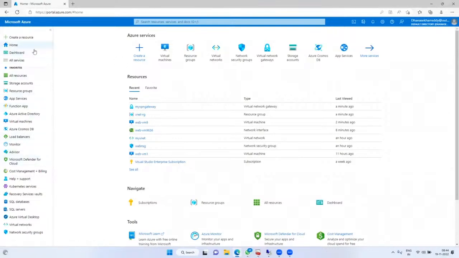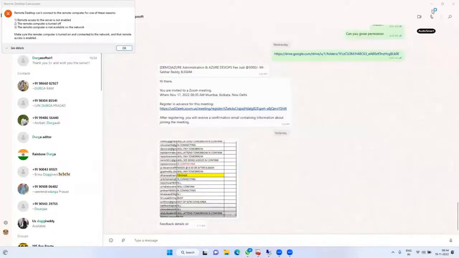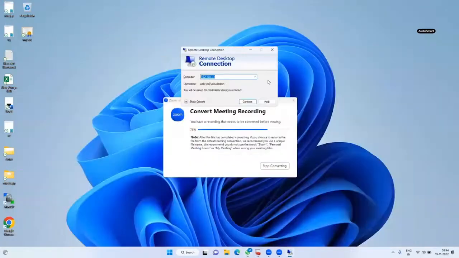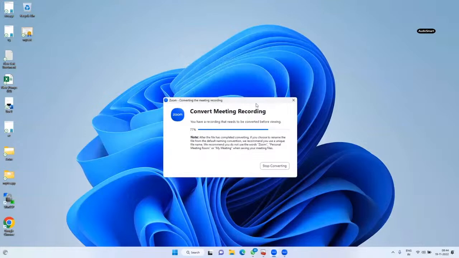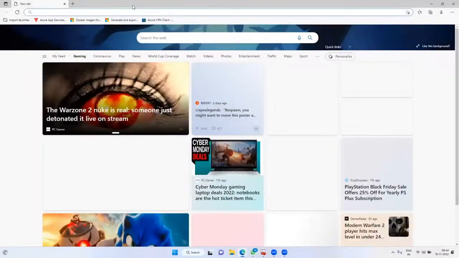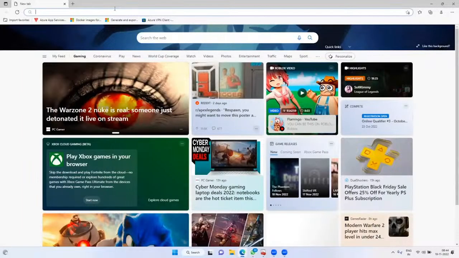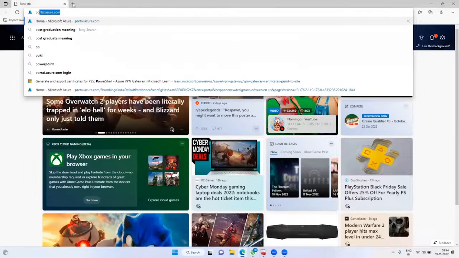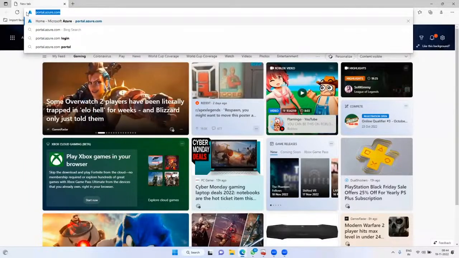Okay, fine. Now have a look. After subscribing for the Azure free trial, you can go ahead and access the virtual machines. First thing, access the portal. To access the Azure portal, the URL is portal.azure.com. Please remember, this is the global URL, you cannot change it. Why?